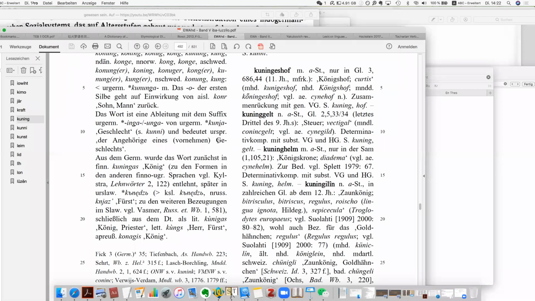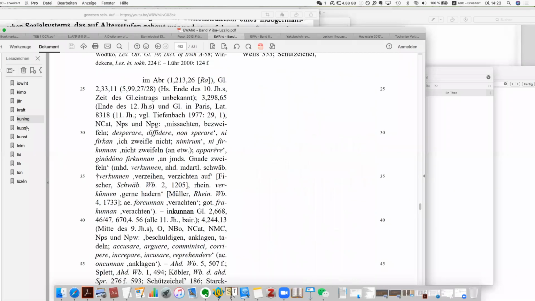This is actually the original meaning. He belongs to the family, belongs to the race, but it's not a normal family. It's a noble family, 就属于一个高贵民族高贵家庭或者族群的这样的一个人。